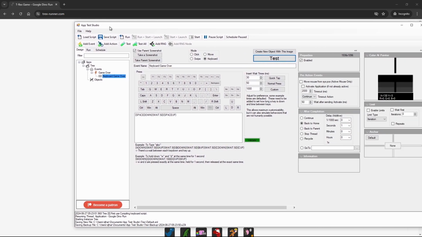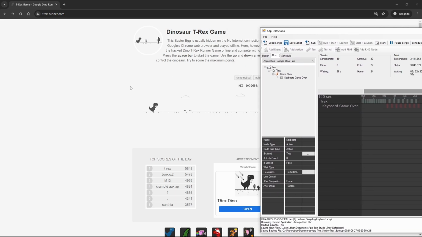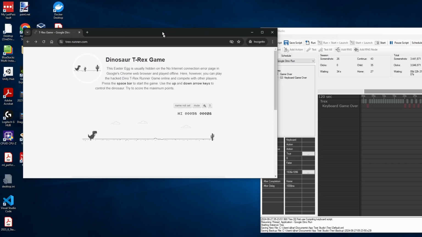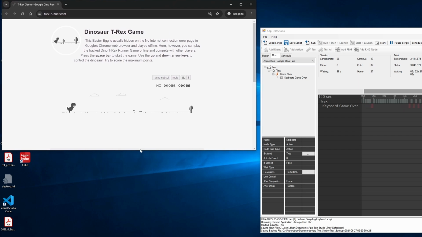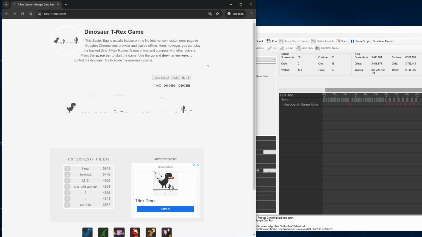Oh, I think I know what's going on. The keyboard needs the application, look, when I click in and out, it only runs on the active window. So let me move this over here. Yeah, I'll just have to have this going. So I'm going to click on the window and it's going to run. So right now, if we get a game over,